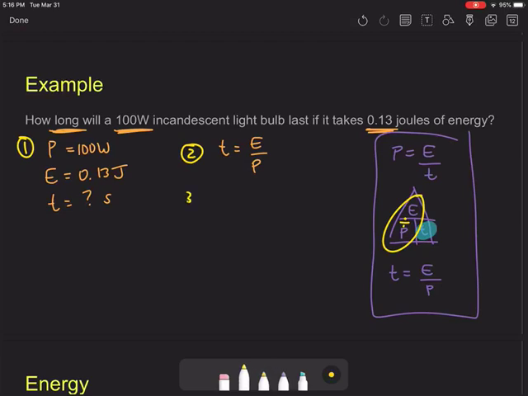Okay. For step 3, we're plugging in all of our values. So instead of E, I'm putting in 0.13. Instead of P, I am putting 100. And our last and final step, I am going ahead, plugging those values into my calculator. 0.13 divided by 100 will give me